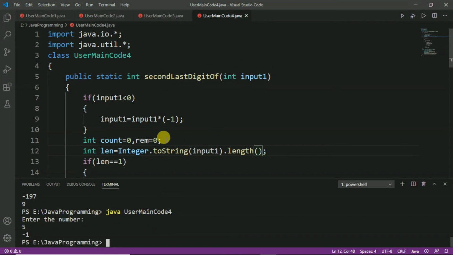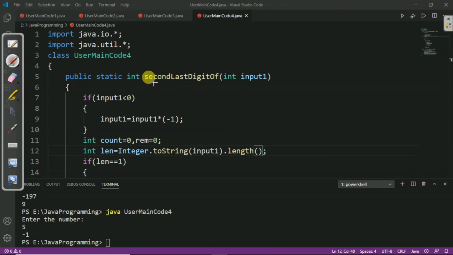Now, we will see how it works. At first, we have defined the function, that is secondLastDigitOf, and we have passed one formal argument as an input, that is input1. So, let us take input1 equal to minus 197, and now we will enter into the function.